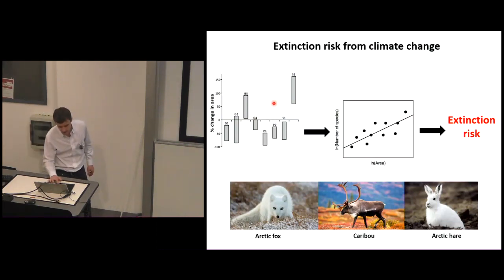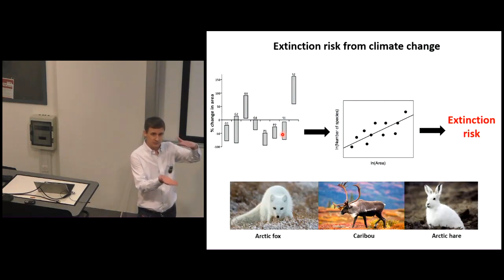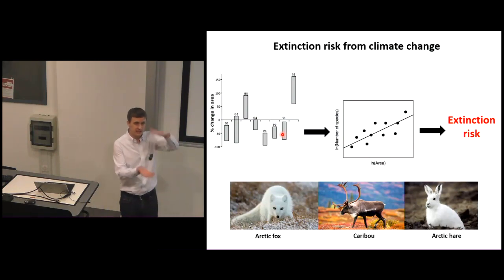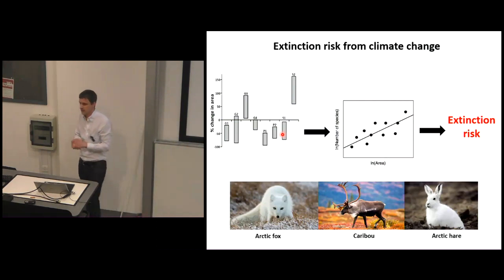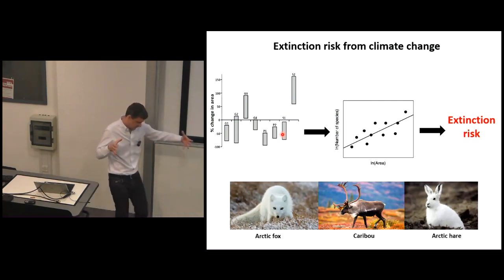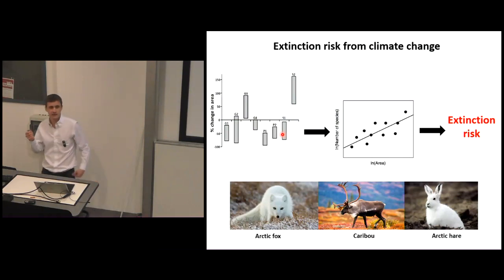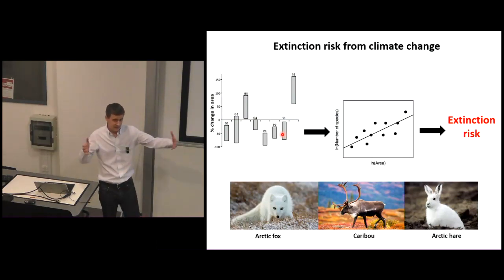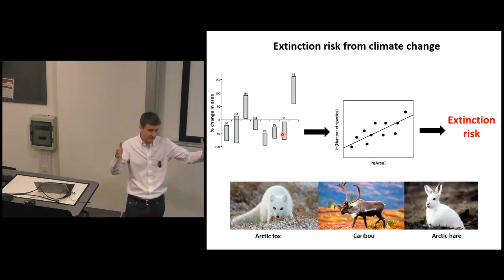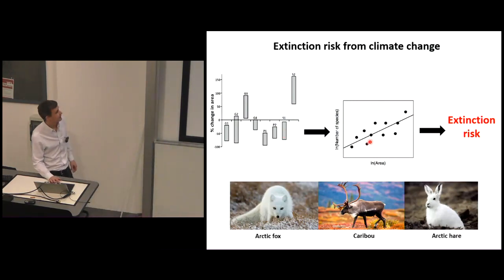So again, you see some of those classes expand, but many of them are predicted to contract. And the width of these bars is simply because we've got a lot of uncertainty going on here. We're trying to take into account the different assumptions that we make that will give different kinds of predictions. So loss of area of some of these vegetation types, one of the few laws that we have in ecology is that there's a relationship between the area of land that's available and the number of species that you get. And we can draw on a logarithmic plot, you get a straight line.